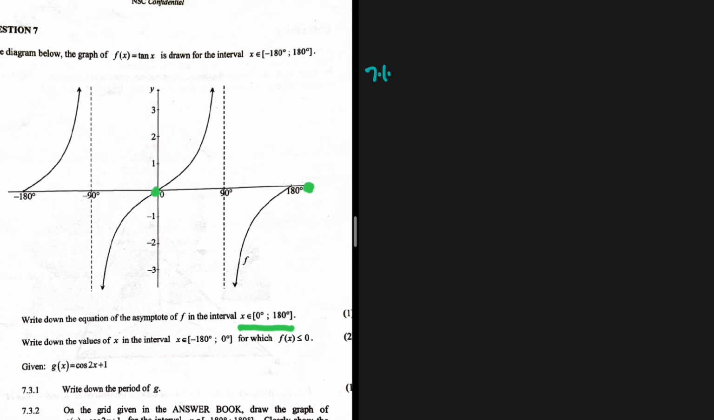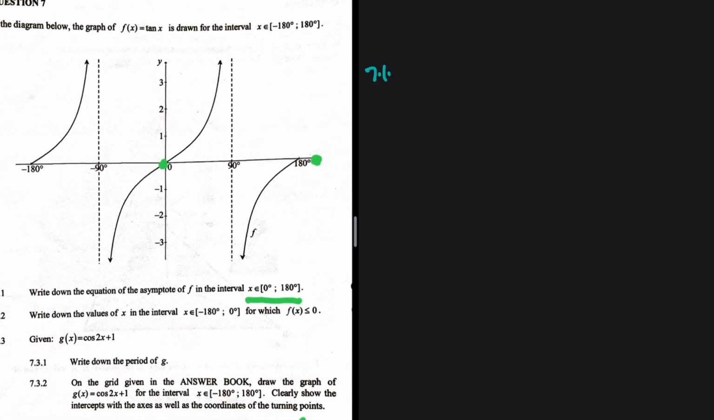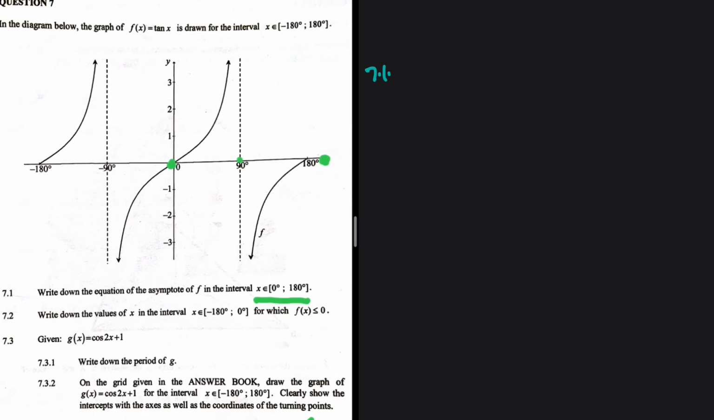So we can see that between 0 and 180, we have an asymptote at x equals 90. So the answer to 7.1 is x equals 90. You might think it's not a big deal, but I can assure you there's somebody else who took minus 90. They forget to only focus on the interval that is given. But anyway, let's take a look at